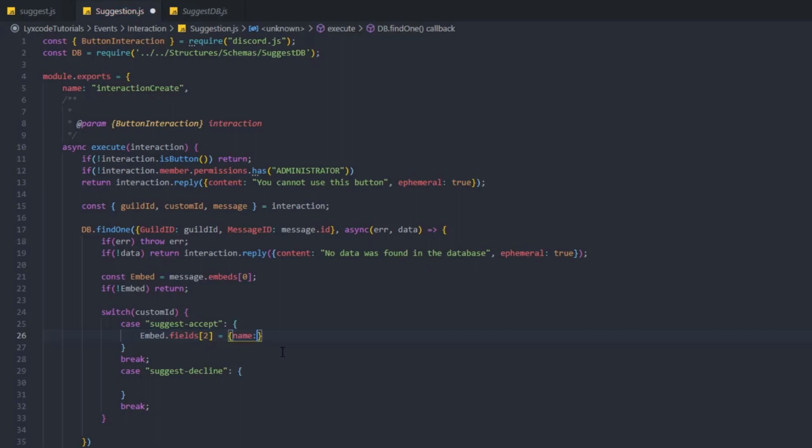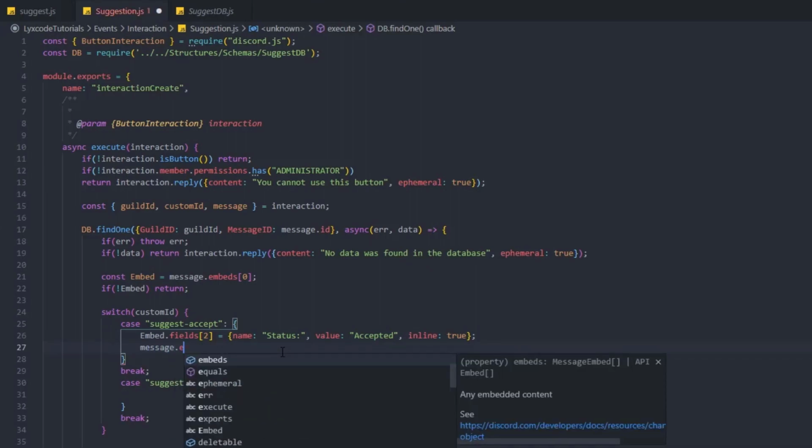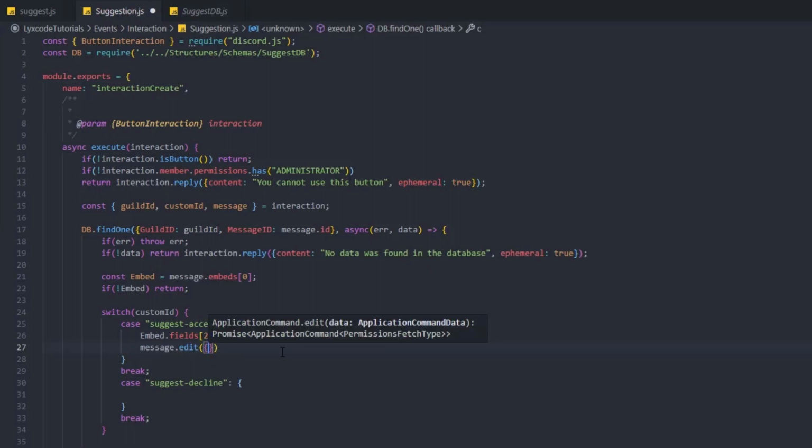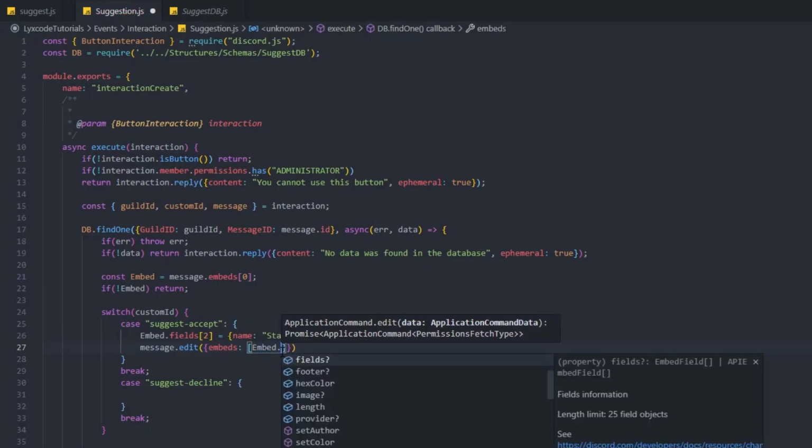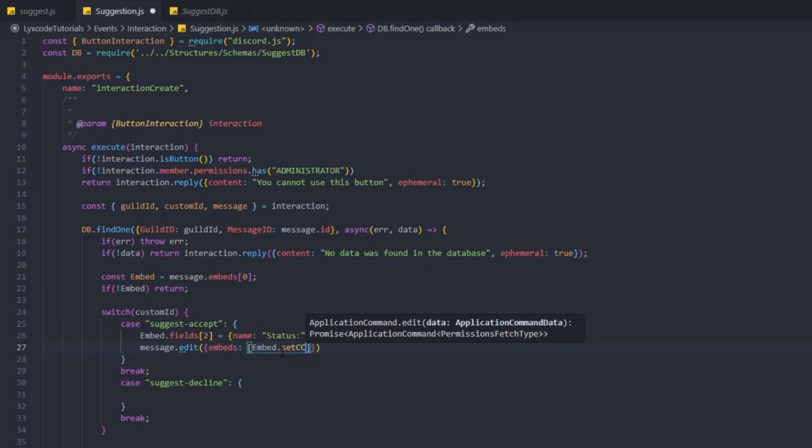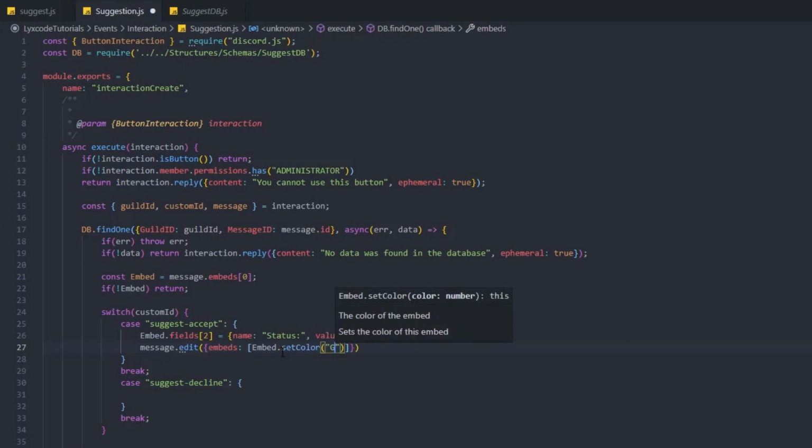We can create a new object. So name is gonna be status. The value is gonna be accepted, and it's gonna be inline set to true. All right, and now we're gonna edit the embed. So we're gonna type message or the message edit, and here embeds. So embeds, and here we're gonna provide the embed, and we're gonna set its color to be green,